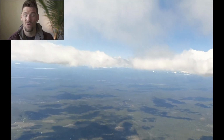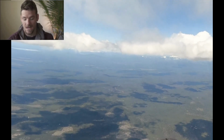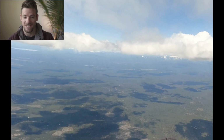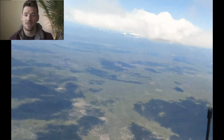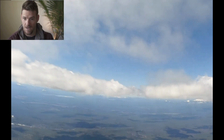It was very cold. Spring is very cold. I have a hard time keeping my hands warm. From this flight in particular, the top of my index finger is still a little funky, numb. If you look at the ground here, you can see that you can use the cloud shadows on the ground to kind of